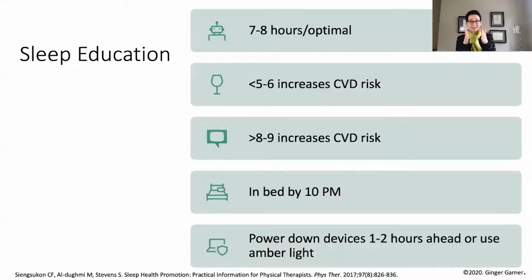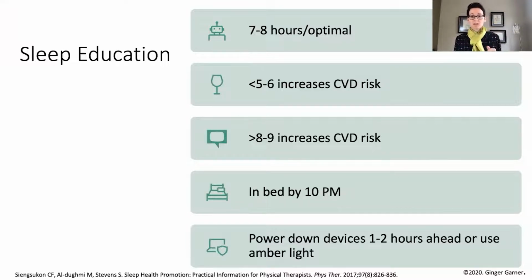We want to be around 7 or 8 hours of sleep. Now, obviously, you can go up to 9. Anything really 9 and over is going to have the same negative ramifications as 6 and under. So we want to shoot between 7 to 8, maybe a touch over 8, depending on what you've been doing lately. If maybe you are jet lagged or you've pulled a 12-hour day, well, you might sleep 9 hours occasionally, but it shouldn't be all the time. So less than 5 to 6 increases cardiovascular disease risk, and greater than 8 to 9 increases cardiovascular disease risk.